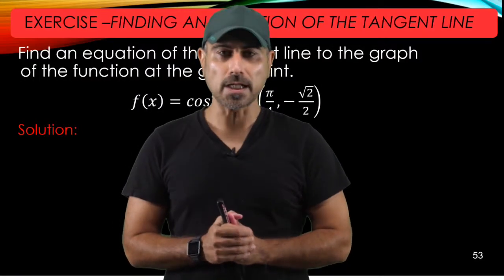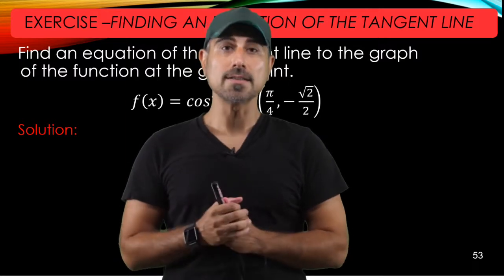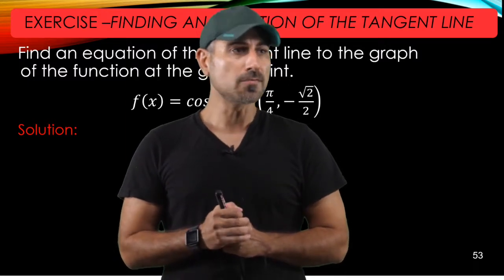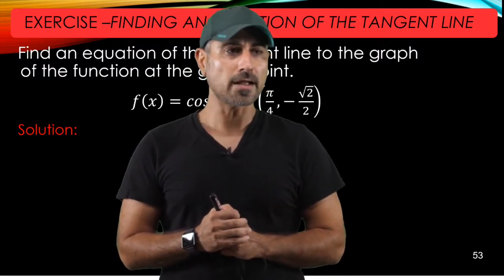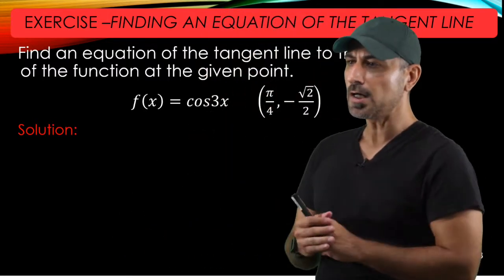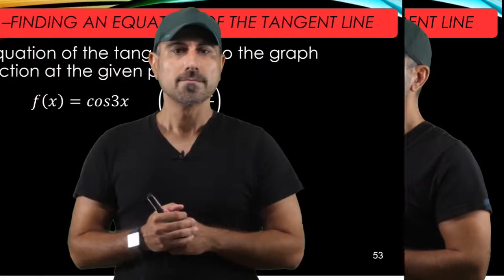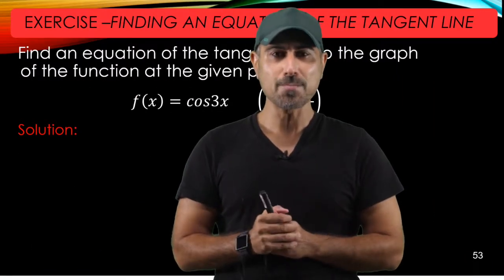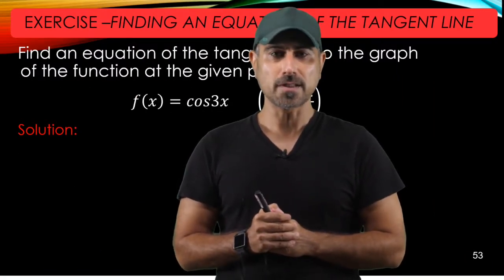Hello, welcome back. In this video, we're gonna apply all the rules that we learned in this section to be able to find a tangent line to the graph of cosine 3x at the point pi over 4 and negative root 2 over 2. All right, let's step back and remember the definition of the tangent line in terms of